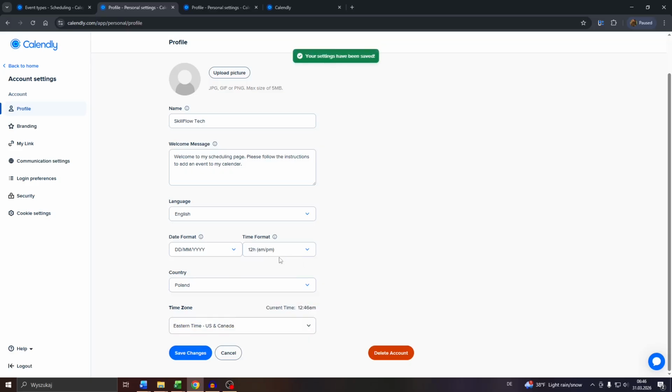And from now on, your time format will be 12 hours so that your team members or event invitees you invite to your team meetings, for example, will see that scheduling with that time format, and you as well in